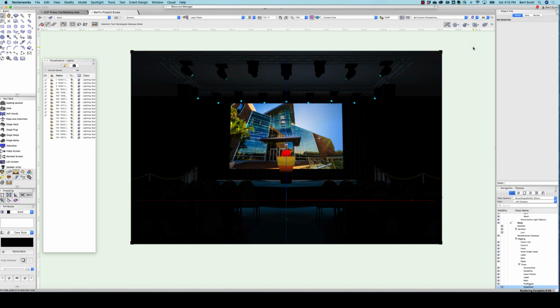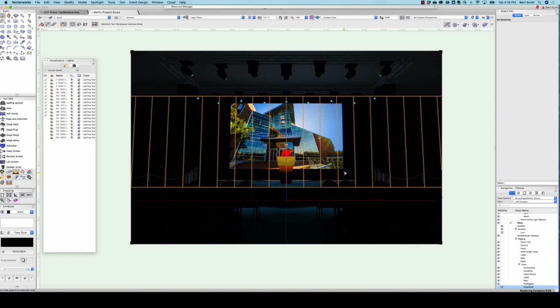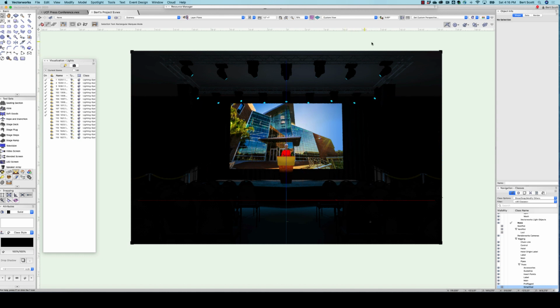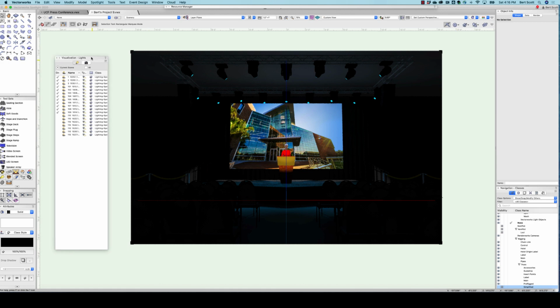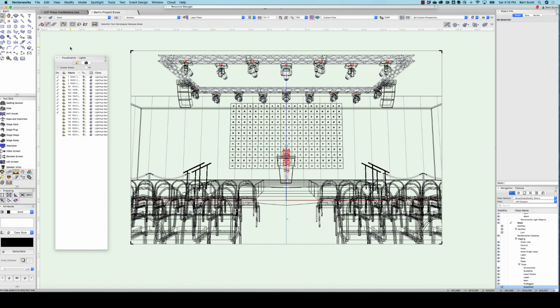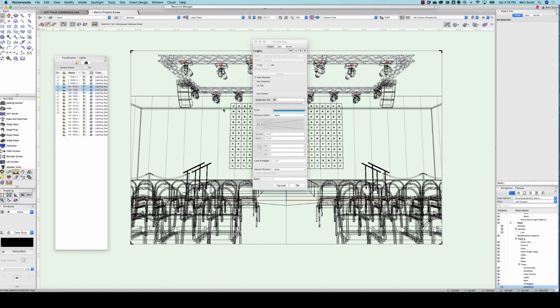Lenses, classes in Vectorworks are very powerful, but they also can be confusing sometimes. So you'll notice I'm not seeing the beams of light, and that's because I need to tell the lights to show their beams. I'm going to go to wireframe for a second, and in order to do that, select the lights that you want to see the beams of, so 101 and 102, right click, edit, and tell